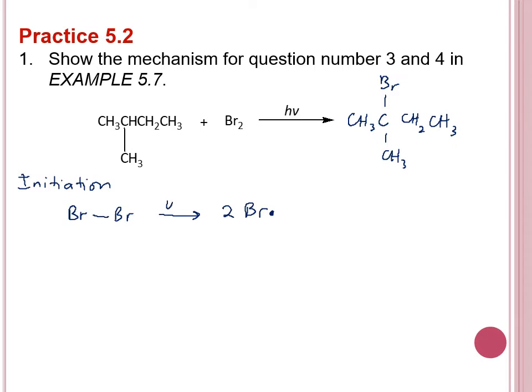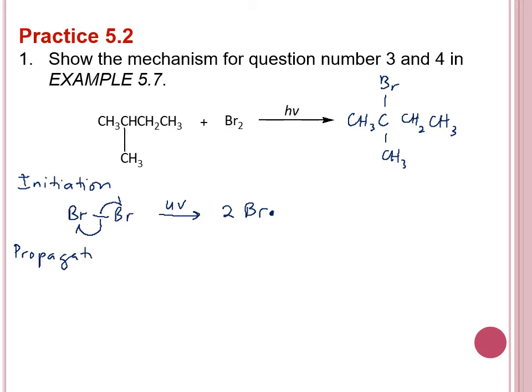What happens is the UV light is going to be used to form homolytic cleavage here, whereby one electron is going to be transferred to each bromine. Each of them would have one unpaired electron, becoming a free radical of bromine. And then we have